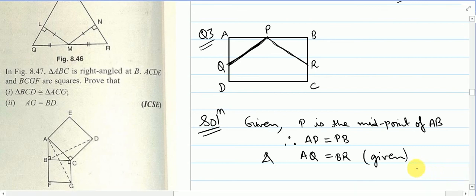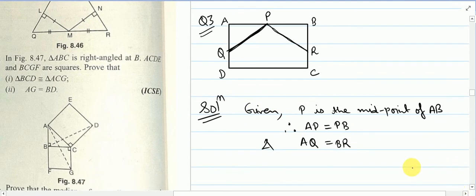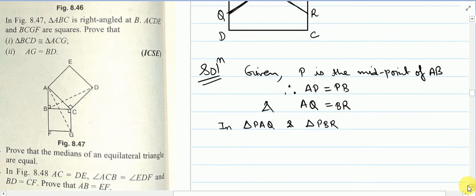Yes, no need to write given over here, already I have written given here. So these two pieces of information are there. Now let's come to triangle APQ and PBR, because I want to show them congruent. So I'll write in triangle PAQ and triangle PBR. We have got two triangles, and